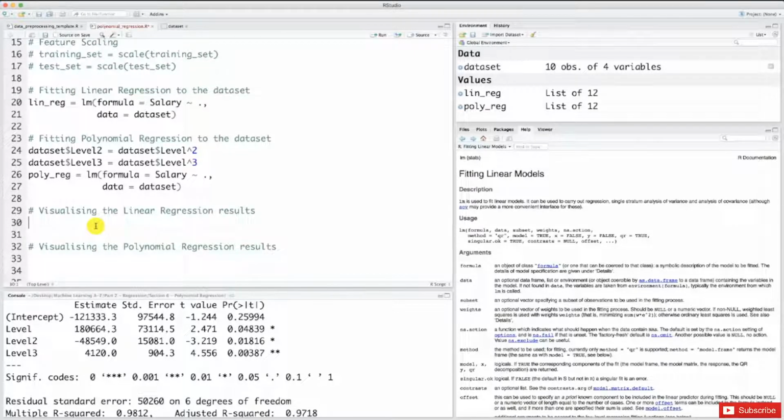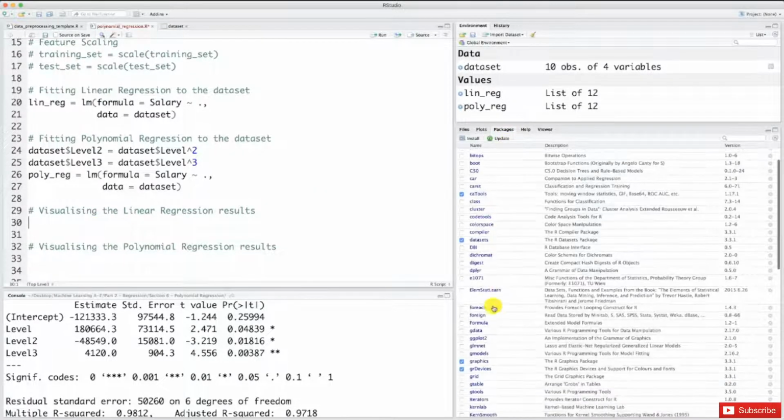In case you didn't follow the linear regression tutorials on R, I'm just going to write the line to install the ggplot2 package. I'm not going to install it, but it's just in case you don't have it. And to check that, you need to go to the packages here and check if you have the ggplot2 package here. And so if you don't find it in this list here, you need to install it. And to install it, it's really simple. You just need to type here